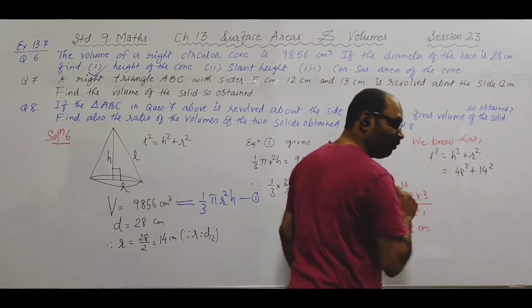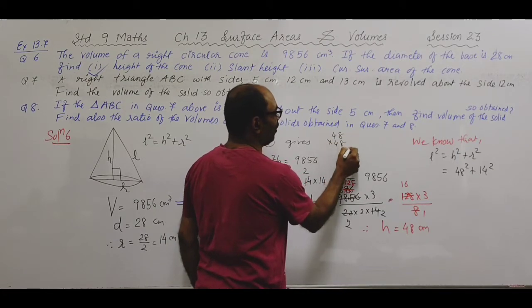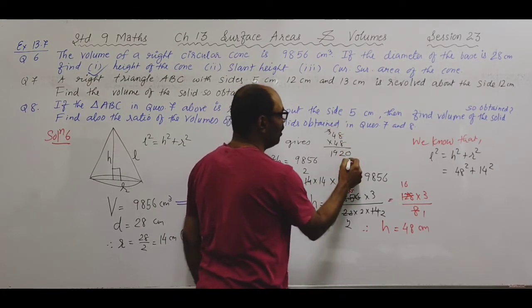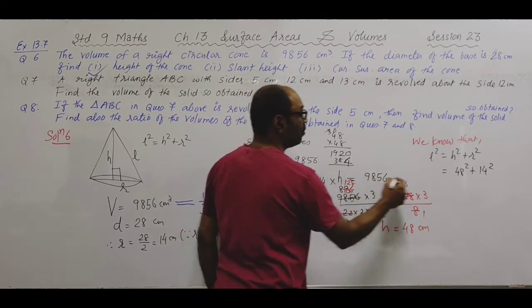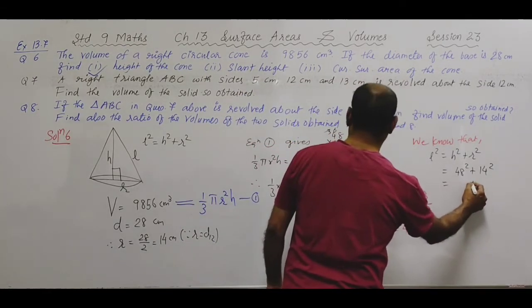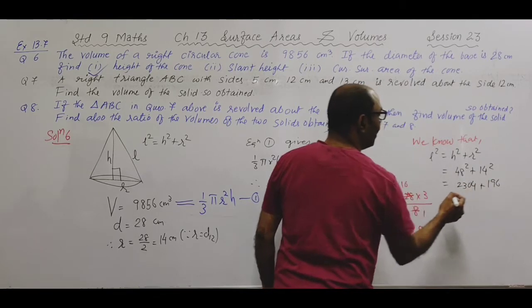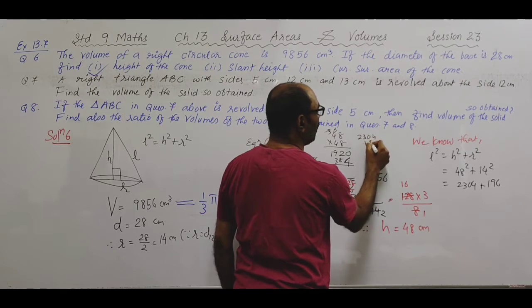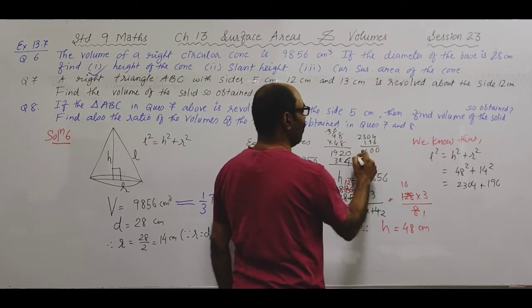Hope this sum is a beautiful number, a perfect square number. 48 multiplied by 48. 8 8s are 64, 6 बचा, 32 और 38... So that will give me 2304, plus 14 square is 196. So उसमें प्लस कर दो. 2304 plus 196 is 2500. अरे वाह, ब्यूटीफुल नंबर आ गया.